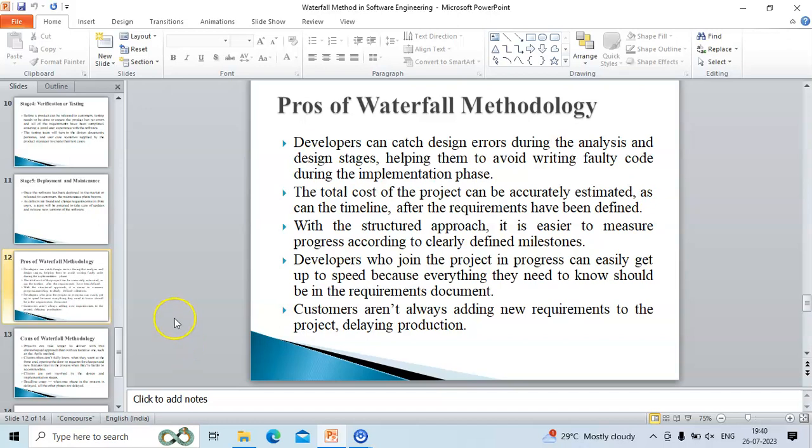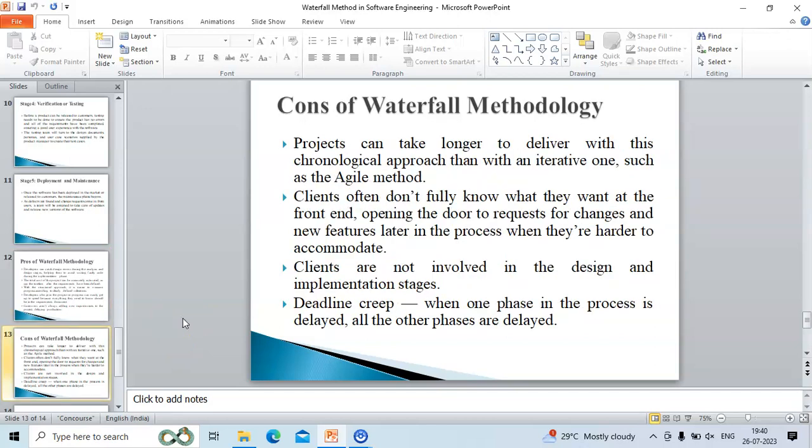After the advantages come the disadvantages, or we can say the cons of the waterfall methodology. As in this model it goes step by step, the project can take longer to deliver with a sequential approach. As we know, if certain things have advantages, certain things have disadvantages also. So this model has a disadvantage that it says